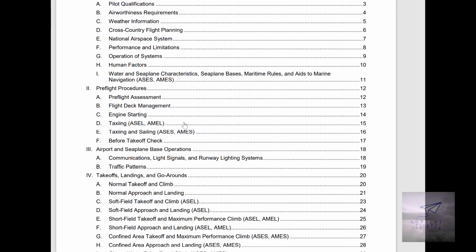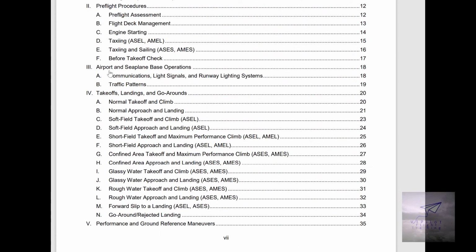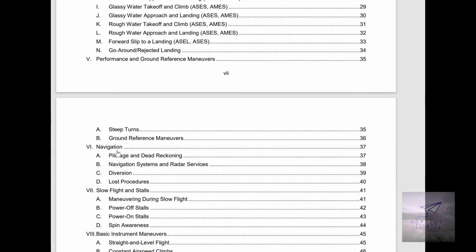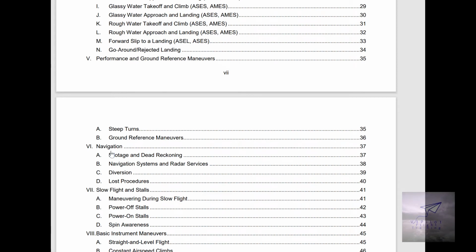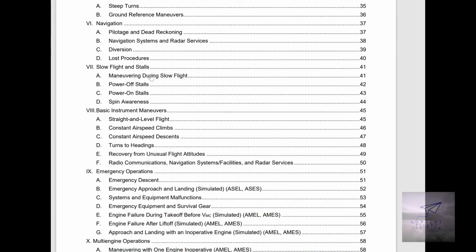Scroll down some more. We'll be covering airport operations, communications, light signals, runway lighting systems, traffic patterns. This is all practical airplane stuff that you'll be actually doing in the actual aircraft. Navigation, we'll be covering pilotage and dead reckoning, navigation systems and radar services, diversion, loss procedures. These are actual practical